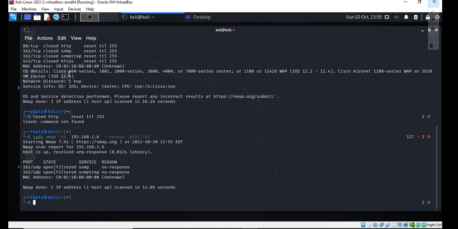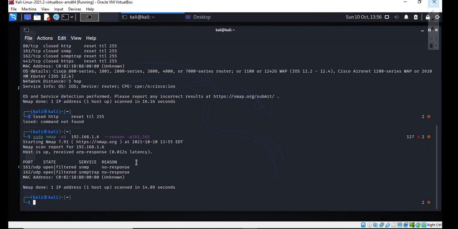Okay, the scan is done, and now you can see that the ports are open. Port 161 for SNMP and port 162 for SNMP trap are open. Now the attacker knows that the SNMP ports are open for this particular device, this router. Next, the attacker wants to know the community strings present in this router's SNMP. To check the community strings, he'll be using an Nmap script.